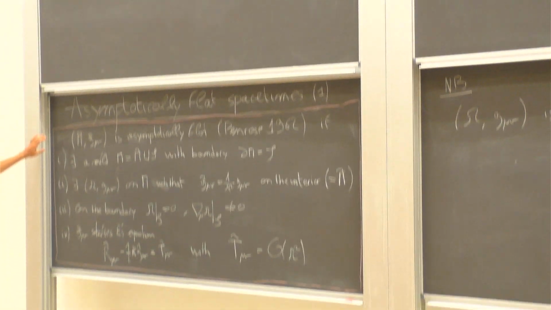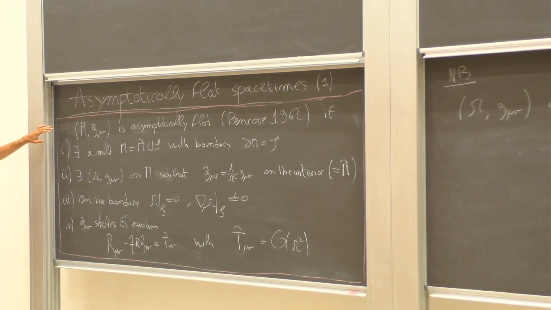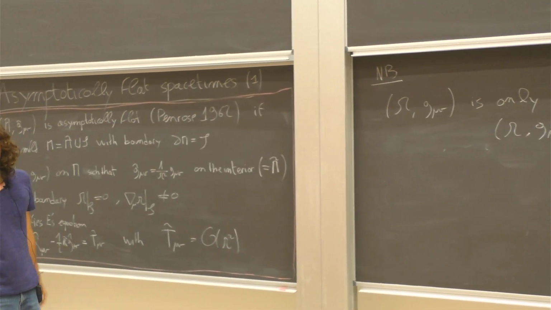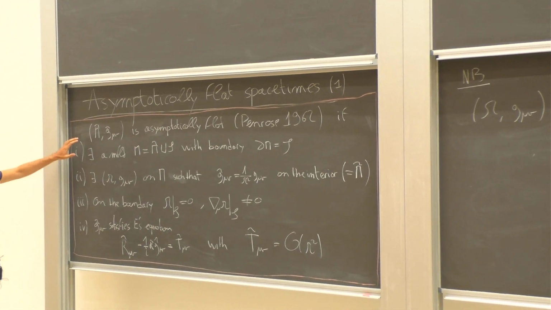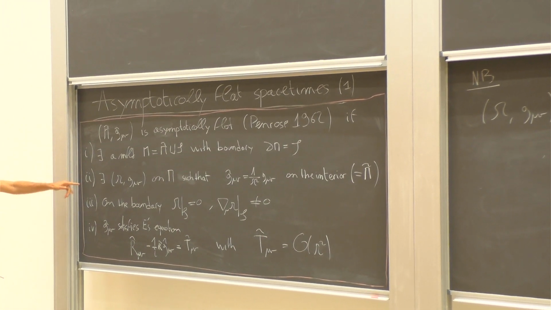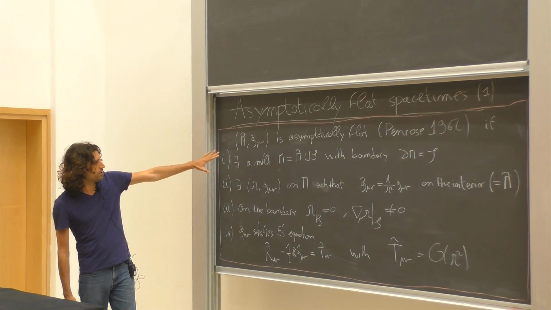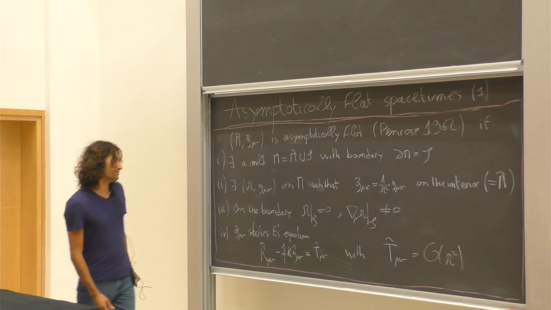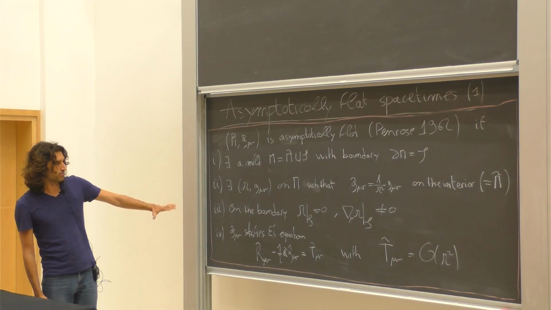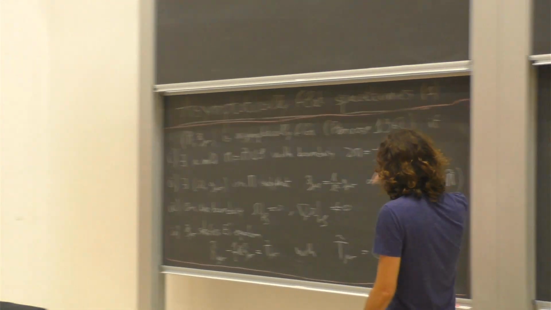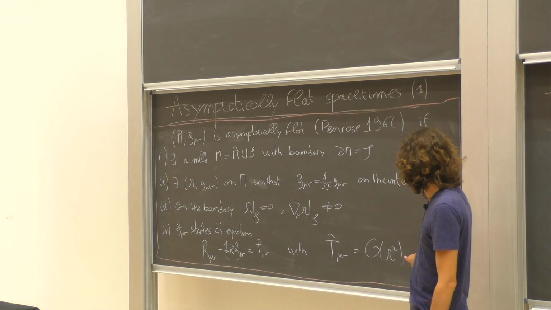So last time I treated in much detail Minkowski space, and the point was to arrive at this definition, which I rewrote, but now in abstract terms for a generic asymptotically flat manifold. We have discussed this, so let me not go through it again. Maybe the only point which is new, as opposed to last time: